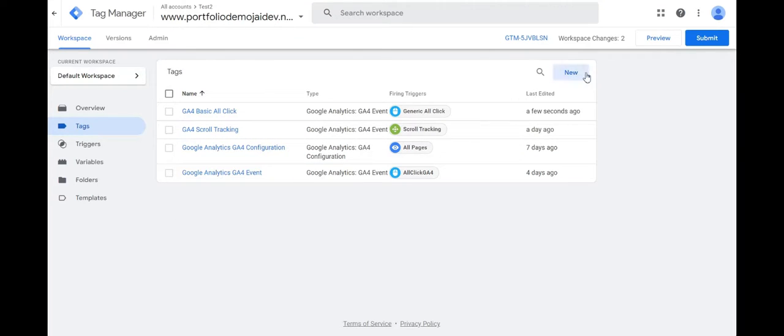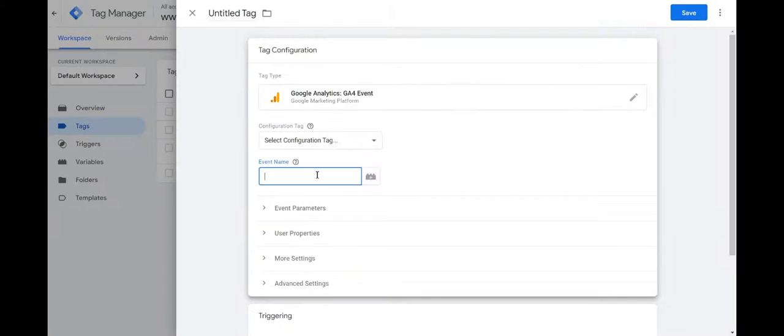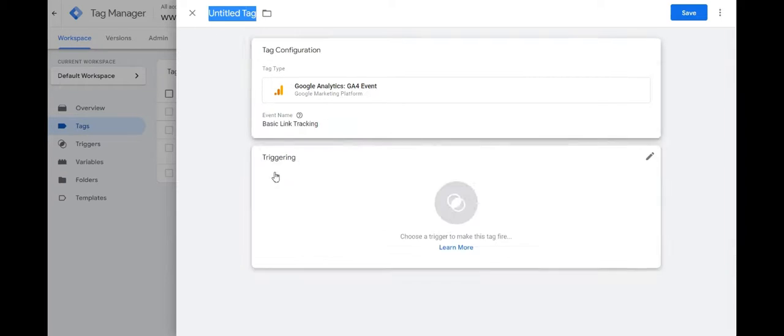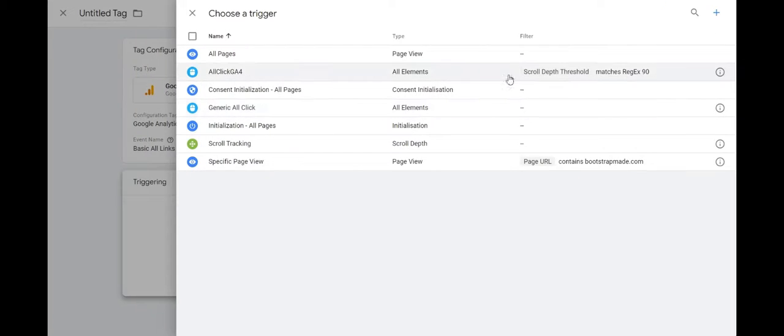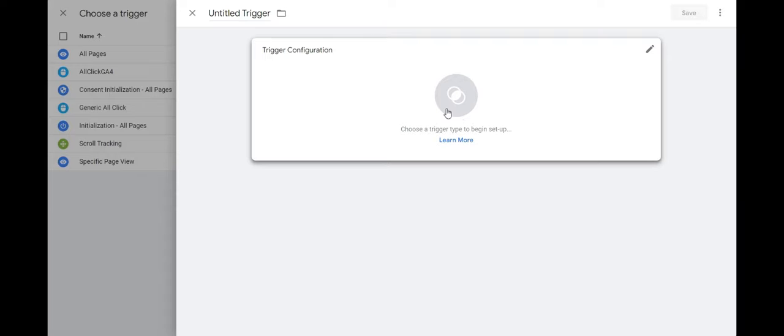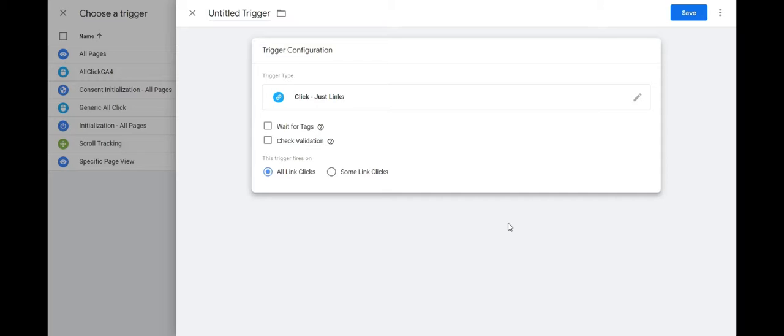Now we'll make one for a link tracker. So we'll go tag configuration again, GA4 event, same, name it as basic link tracking, basic all links, and configuration tag GA4 configuration trigger. Now we'll have to create another trigger which is a generic all link click trigger. We'll select just links, and I'll even show you the difference between the two. We'll set this on all link clicks and